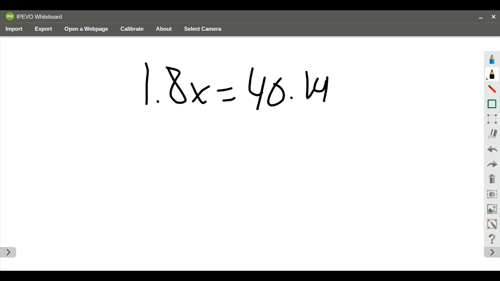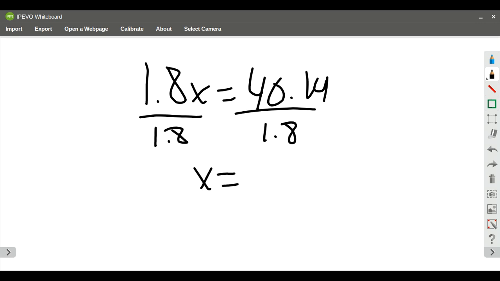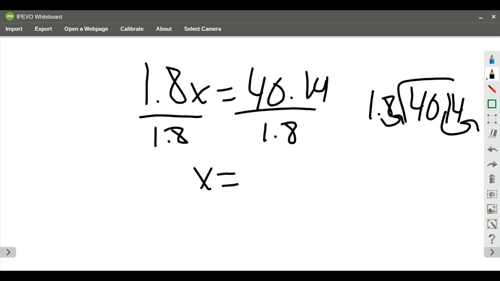40.14. Divide both sides by 1 and 8/10. So x is going to equal. So again, showing my algebraic work as I go through. And then I do my division work off on the side. So I'm going to divide that by 1.8. Decimal moves over 1. Decimal moves over 1, not 2. Moves over 1, I bring the decimal up, and then I look at how many times 18 is going to